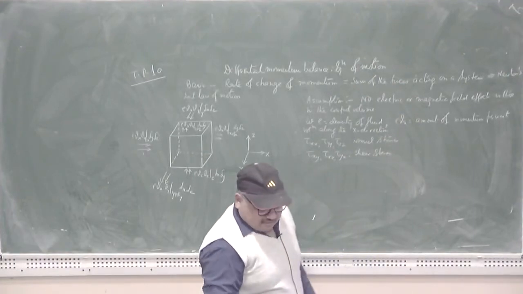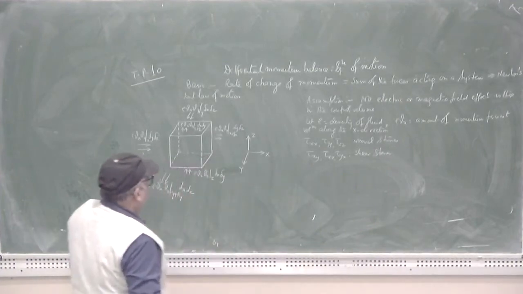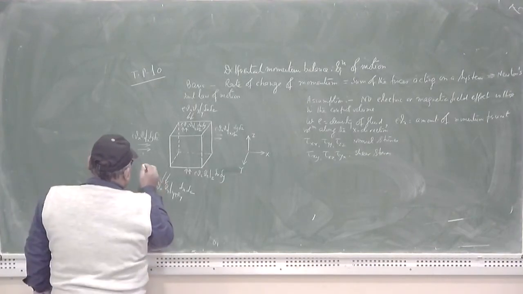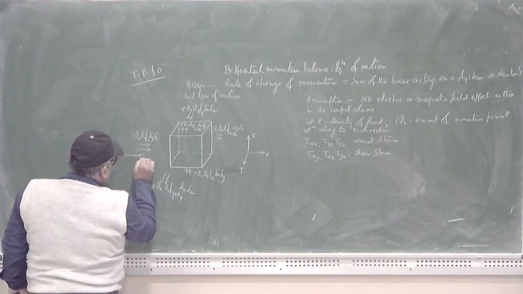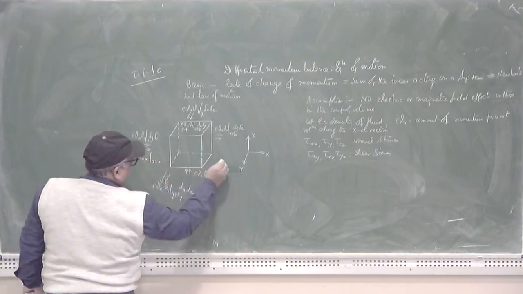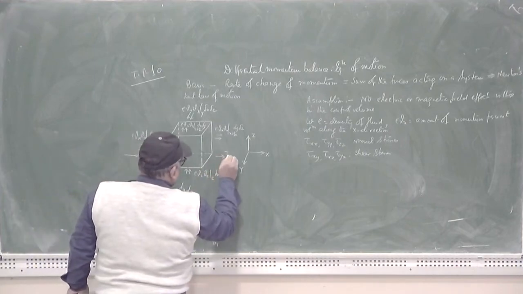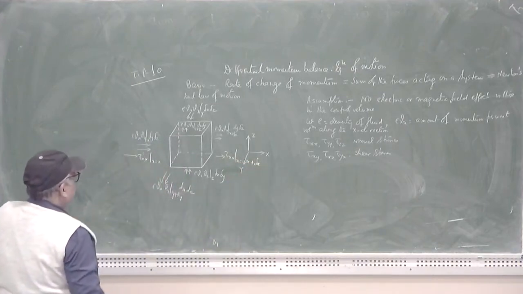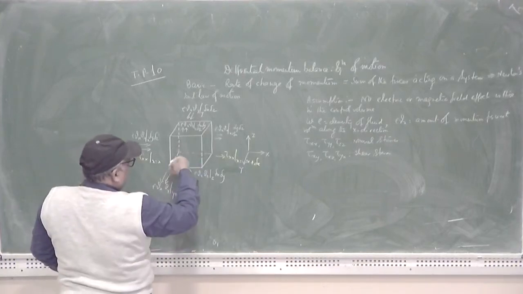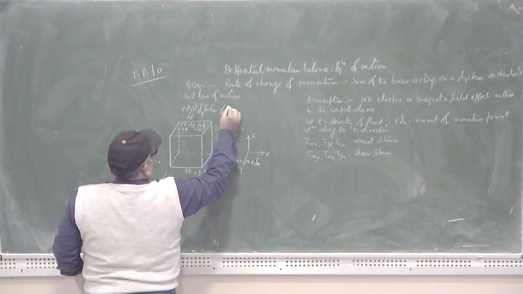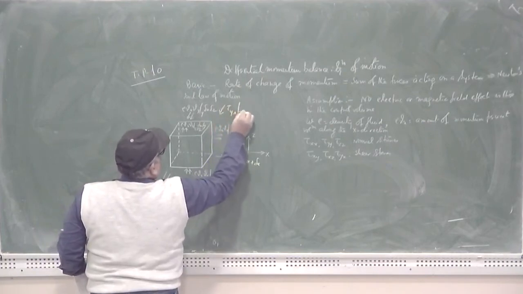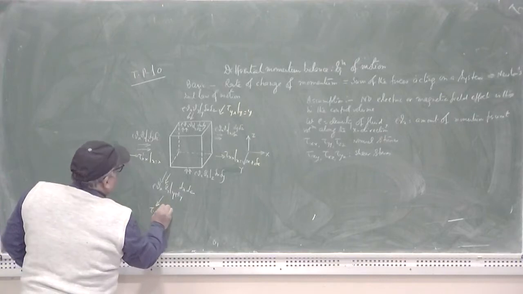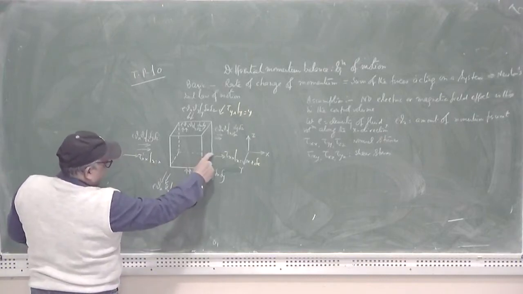So, denoting the force balance by some other color, here tau xx is a normal stress acting over the x direction. So, let us suppose this will be tau xx at the value x equal to x. Similarly, leaving this direction, tau xx, that is the normal stress at x equal to x plus delta x. Similarly, along the y axis, in this direction, that will be equal to tau yx at value y equal to y. Similarly, leaving in the positive y direction, that is tau yx at the value y equal to y plus delta y,